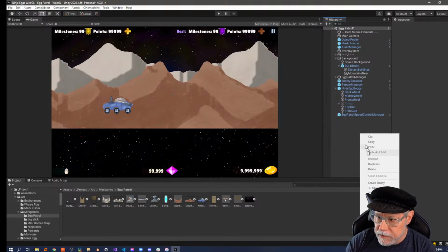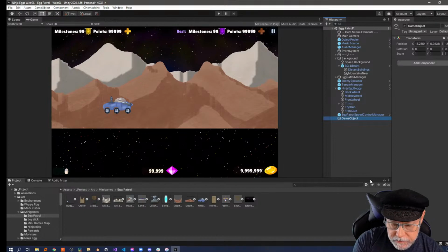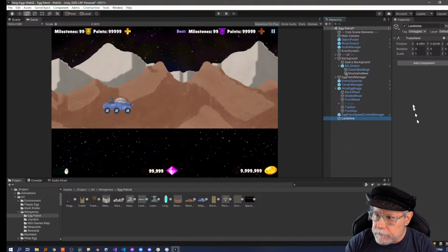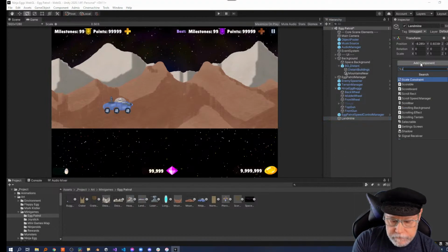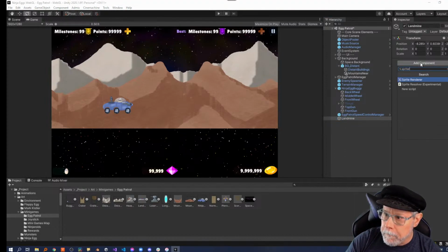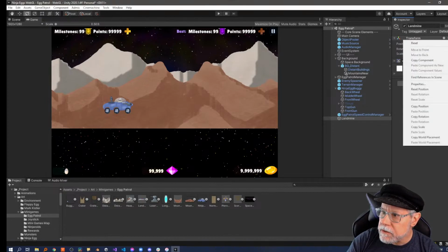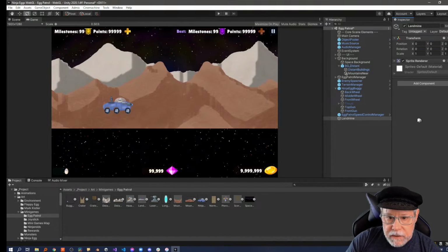Create an empty landmine. And I'm going to add a sprite renderer. Reset its position. And in the sprite renderer,